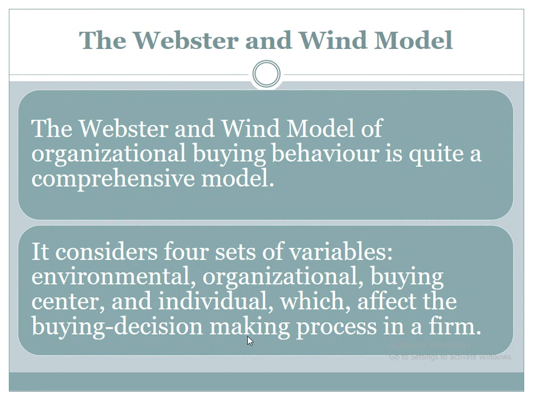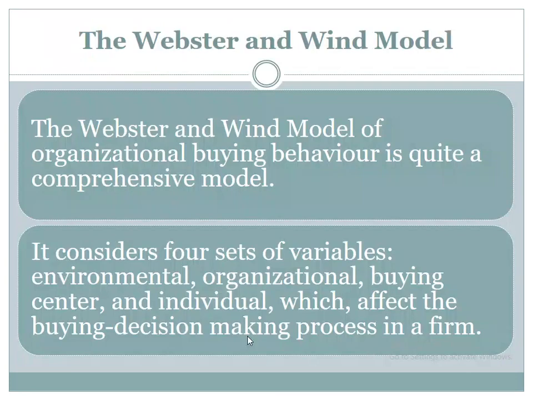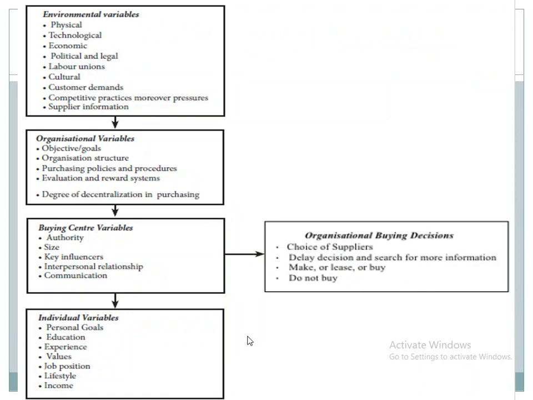So, the Webster and Wind model that is seen in this figure. Okay, first we will talk about that. The Webster and Wind model of organizational buying behavior is quite a comprehensive model. You can see in this figure, it consists of four sets of variables. These four sets of variables are environmental variables, organizational variables, buying center variables, and individual variables, and they affect the organization's